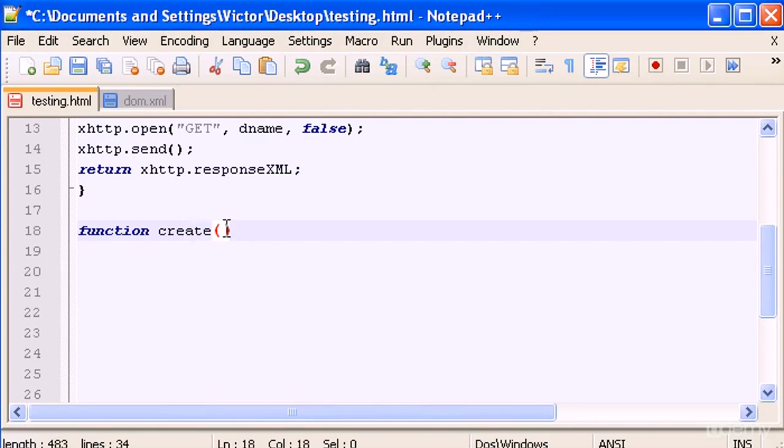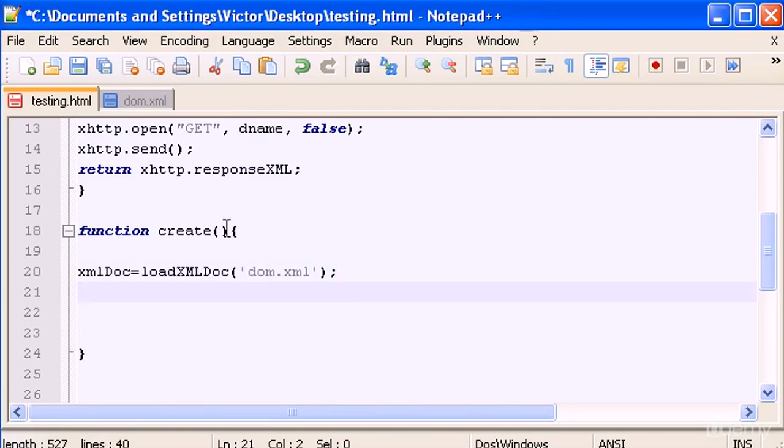create, and in here what I'm going to do is call the object DOM or the books, to call the XML file. So we have to use the function load XML doc DOM.xml. There it is. And now create x equals XML doc